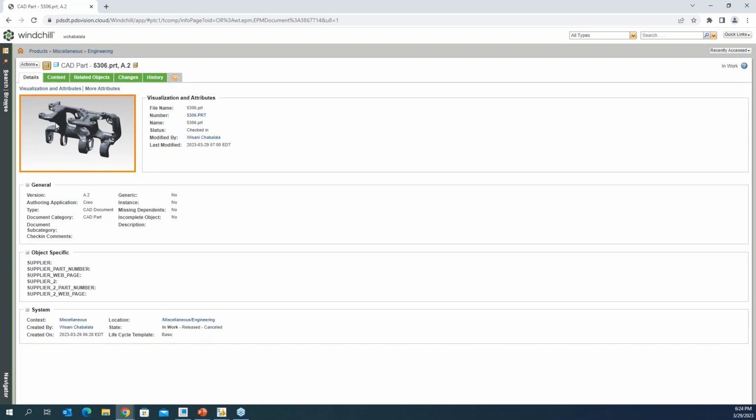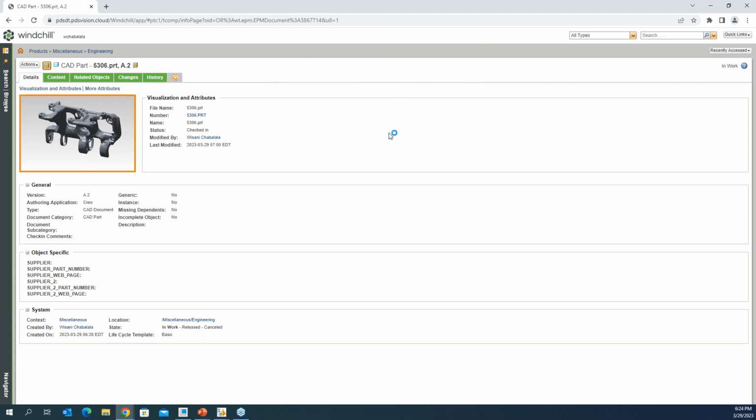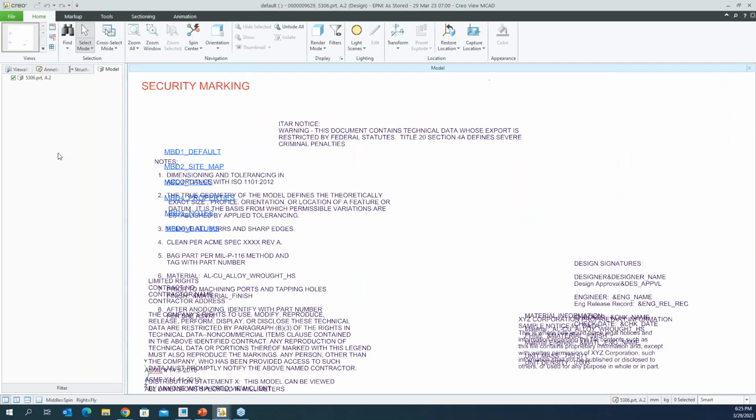As it will show right here. So there is the viewable. So when I click on it, the same as with the drawing, it will launch Creo View, and I'll be able to see my 3D model, which is in Windchill. I'll be able to see it here